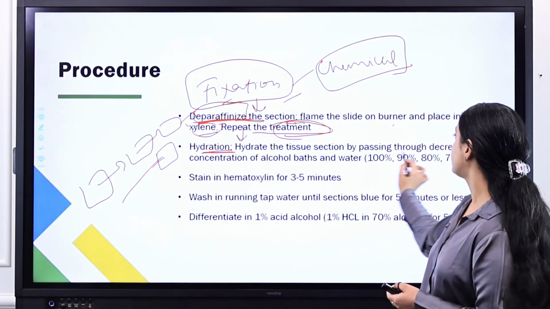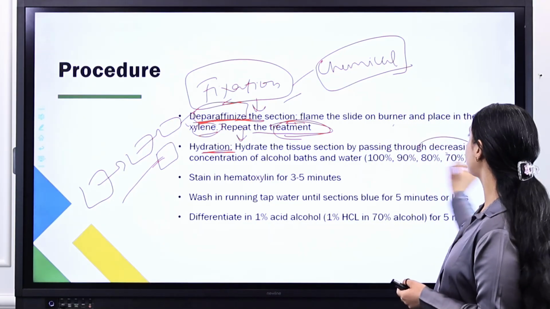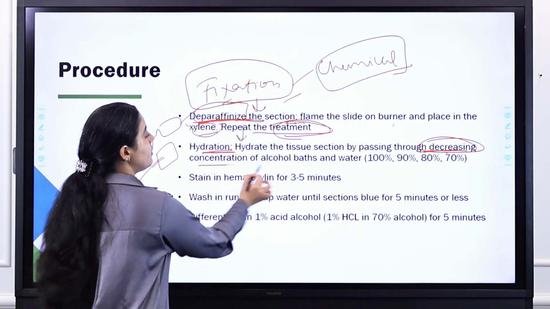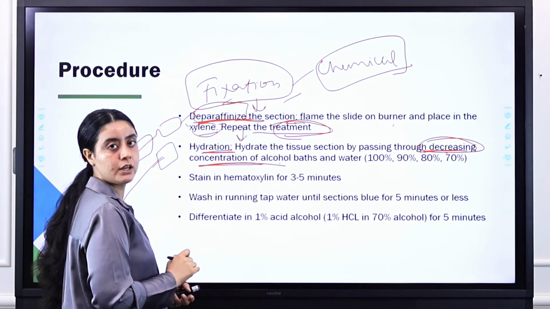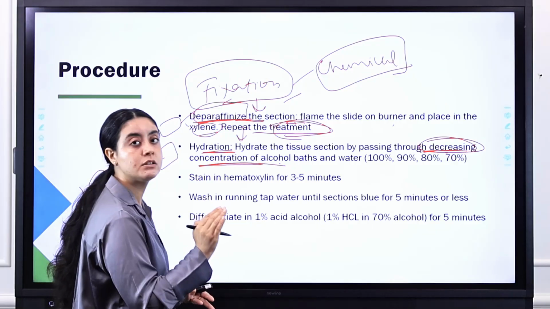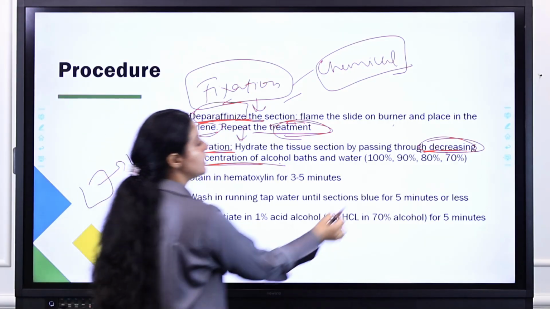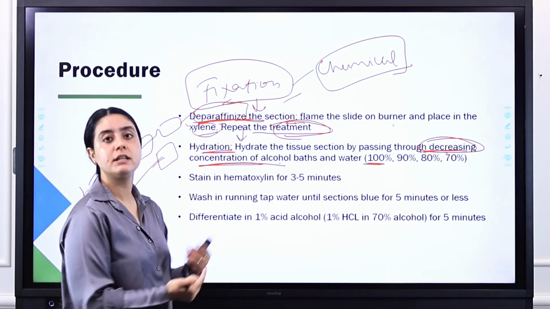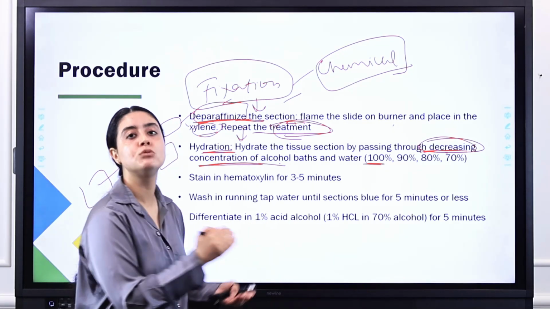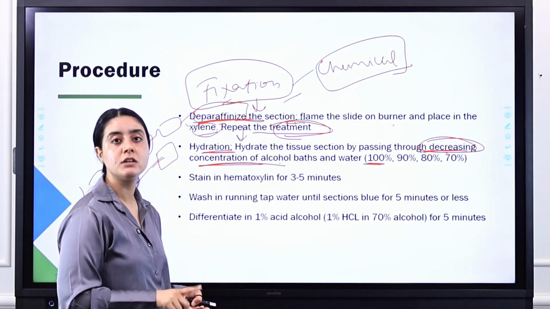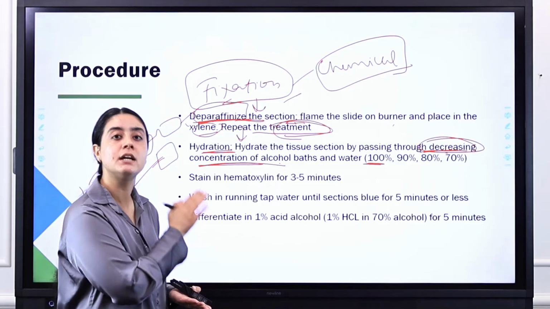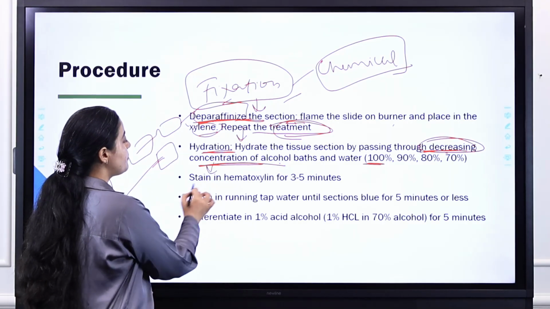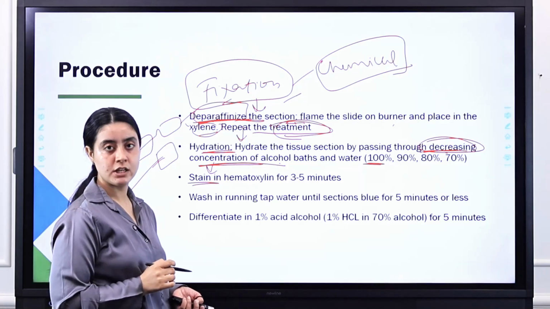We rehydrate our tissue sections by passing through decreasing concentrations of alcohol baths. Okay, here there is no increasing concentration but decreasing concentration. Like first we put in 100% alcohol, then 90%, then 80%, then 70%, and so on. So for rehydration we have to put our slides in decreasing order of alcohol. Okay, after hydration you will start your H&E staining.